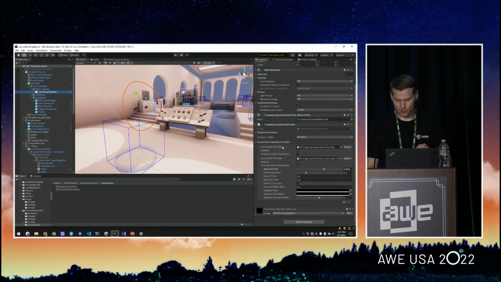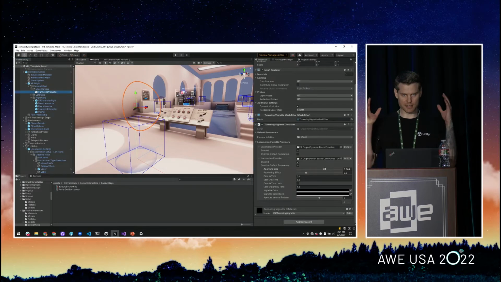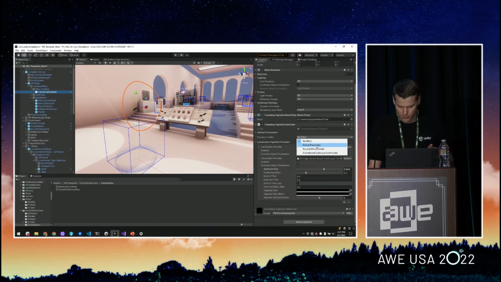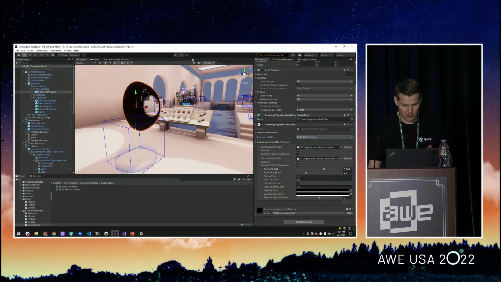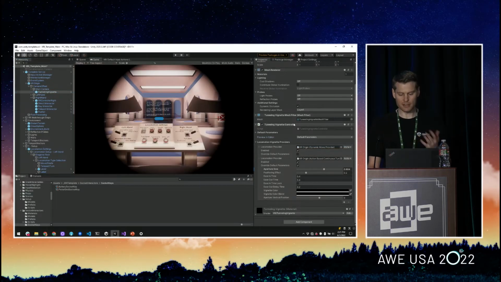here's the actual controller. Right now we've got it wired to both the dynamic move provider and our continuous turn. So this is going to actually create that tunneling effect when you're moving with the joystick or turning quickly. And to kind of show you what that looks like, let me see here. So in Editor, we built tools so that you can actually preview this, so you can see like what it's going to look like, change the